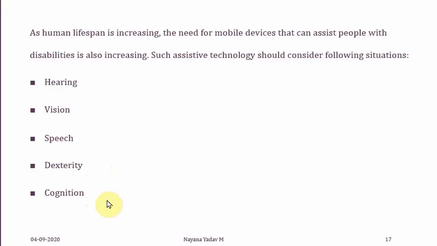Cognition, in the sense, remember, an elderly person, or a small kid, who has difficulty remembering and learning things and takes time. For such people, make sure you have your app as simple as possible. You can use photographs, or icons, and also some links through which you can redirect to other sites, and also visual alerts, visual feedback, or audio alerts, audio feedback. Such kinds of customization you can perform.